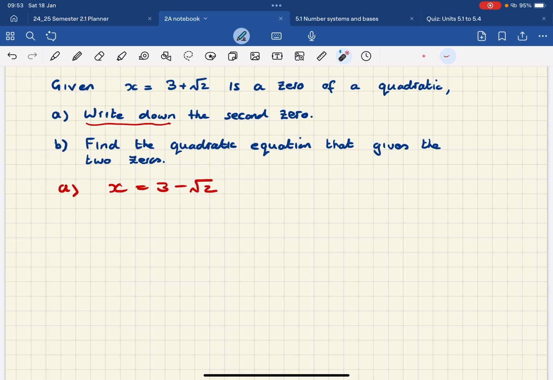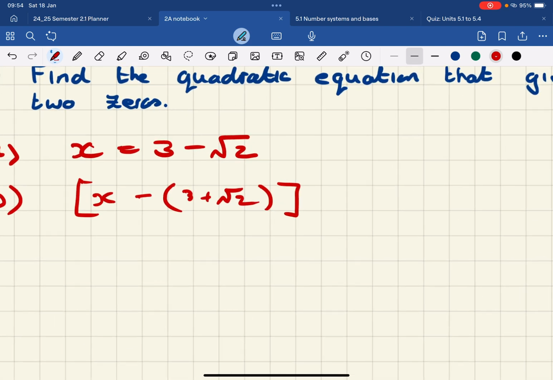Okay? Now, why that happens, I'm going to show you by using the quadratic equation, but it's similar if you've done complex numbers, they also come in pairs. So what I'm going to do is do the second question and it'll explain why I got that answer for the first one. So if I'm looking for the quadratic equation that gives the two zeros, I'm going to take the factorization part. So I'm going to take the x, I'm going to take away 3 plus root 2,